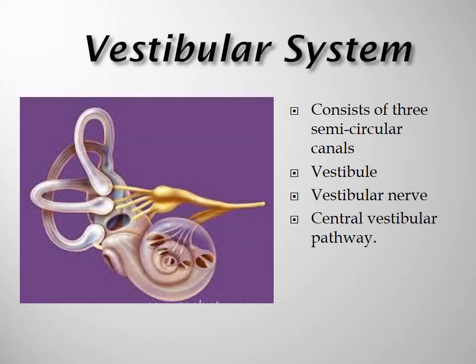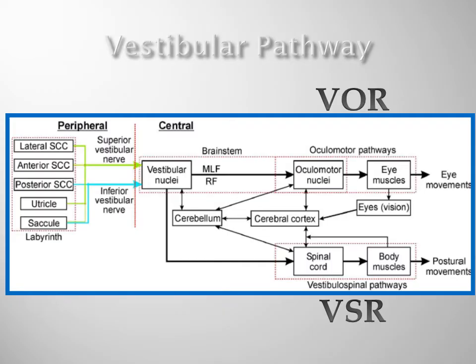The vestibular system is the major input for balance and equilibrium, beside also the visual system and the somatosensory system. The vestibular system consists of three semicircular canals, vestibule, vestibular nerve, and central vestibular pathway. The peripheral part includes the lateral, anterior, and posterior semicircular canals and the vestibule, utricle and saccule,